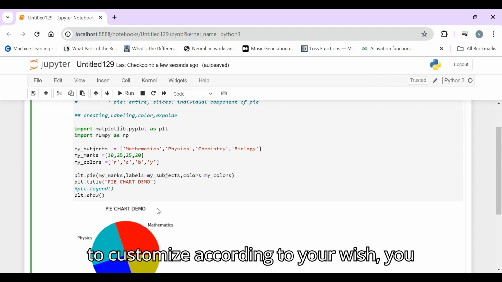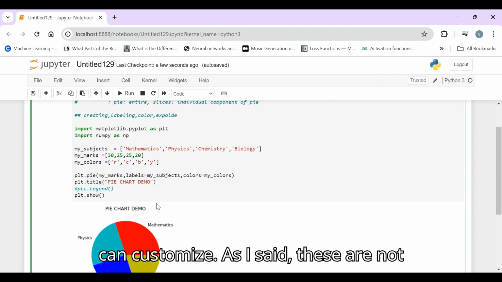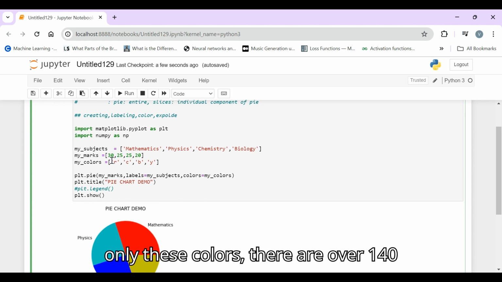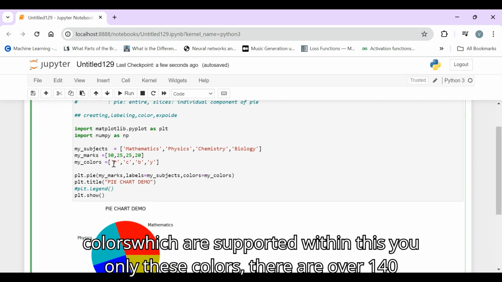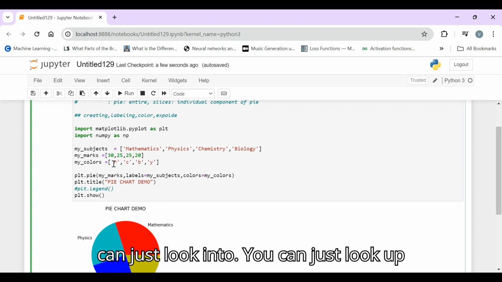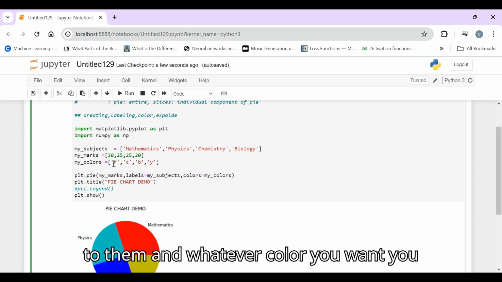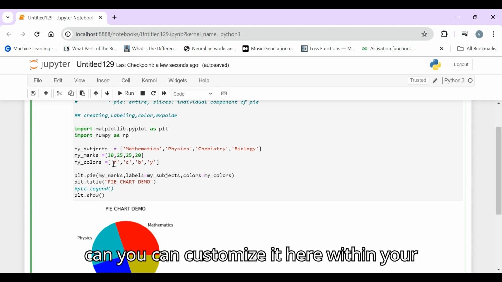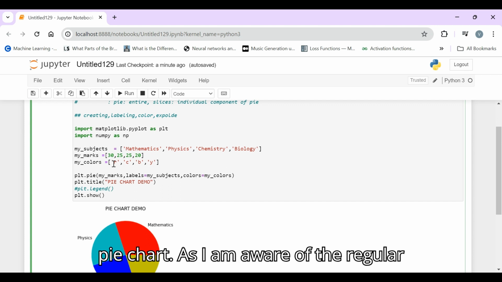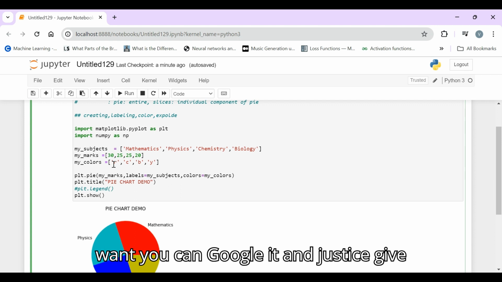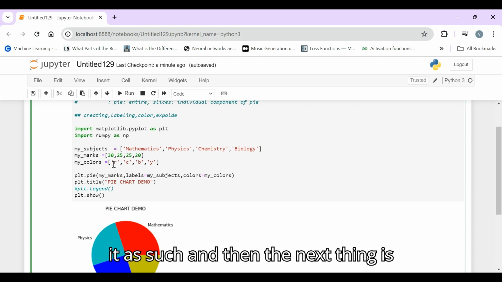If you want to customize according to your wish, you can. As I said, there are over 140 colors supported, so you can look them up and customize whatever color you want within your pie chart. As I am aware of the regular colors, I just mentioned them. If you want, you can Google it and just give it as such.